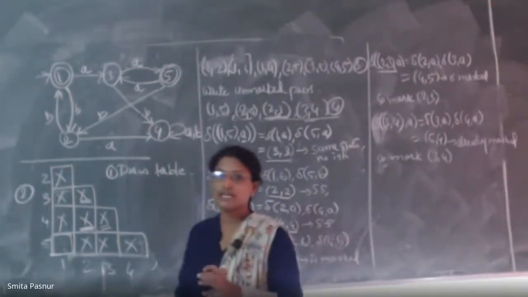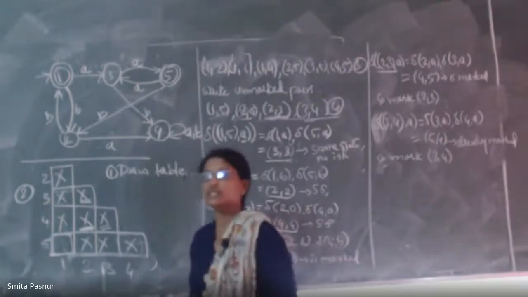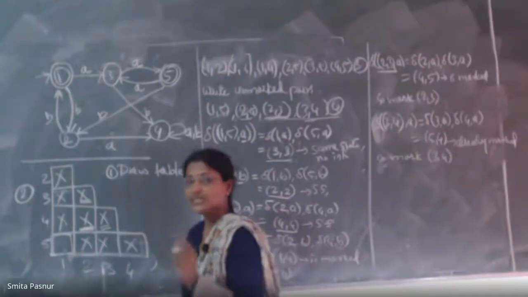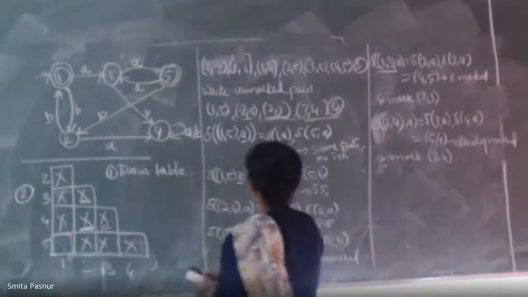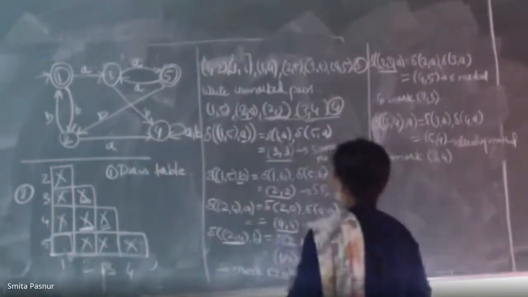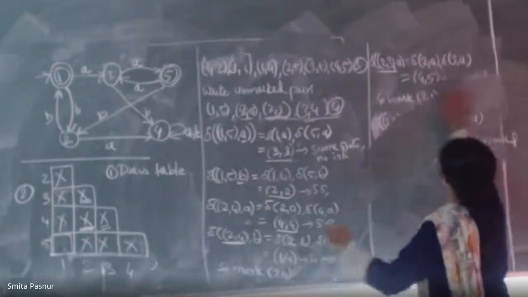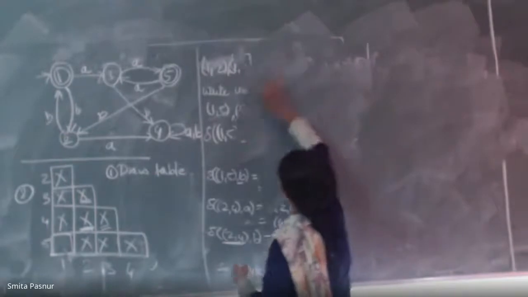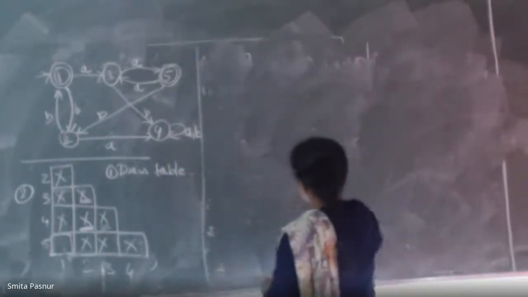And where will you draw that? You should draw it at the initial. Why? Because 1 is the initial state and also a final state. So 1 is the initial state, right? After you have solved all this, then we got how to combine the states to draw the final diagram.